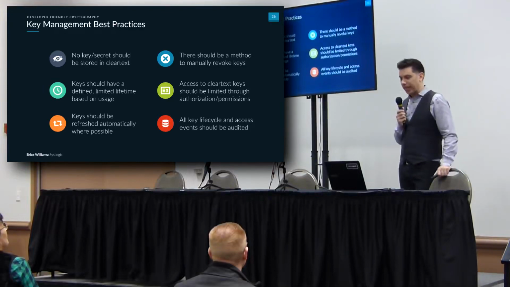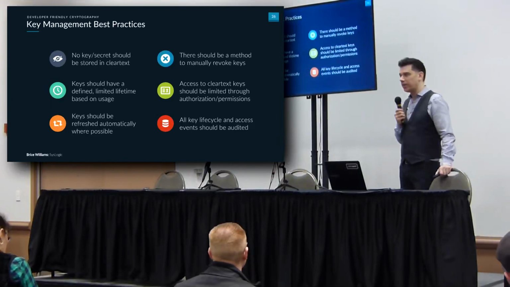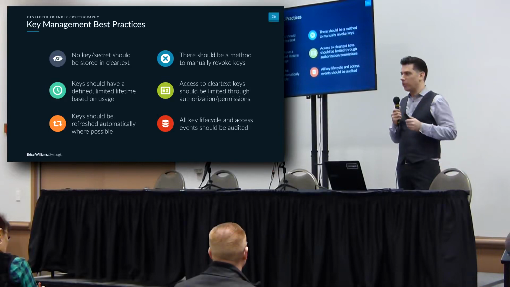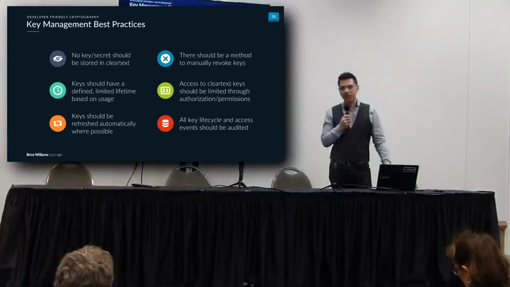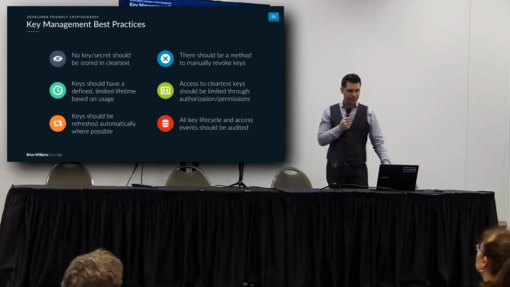And that all key lifecycle and access events should be audited. So ideally, anytime there's access to a key, you pull it out of a vault, for example, there's a log event that occurs for this particular application or this particular user. You see this a lot with code signing. If you've got a code signing process set up within your organization, you generally want to have a more robust handling of the key material around its use, so that only certain individuals have access to that. That usage is fully audited and so on.